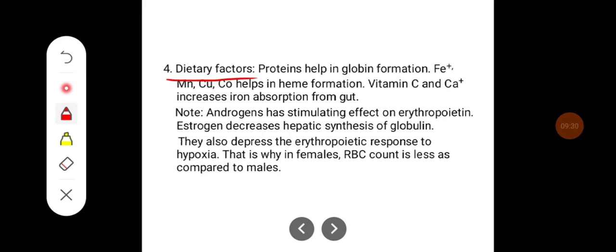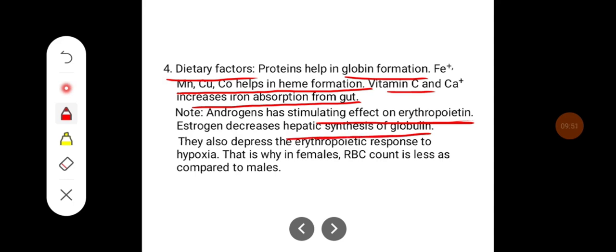Dietary factors: proteins help in globin formation. Ferrous iron, manganese, copper, and cobalt help in heme formation. Vitamin C and calcium increase iron absorption from the gut. Note that androgens have a stimulating effect on erythropoietin, and estrogens decrease hepatic synthesis of globulin. They also depress the erythropoietic response to hypoxia. So that is why in females the RBC count is less as compared to